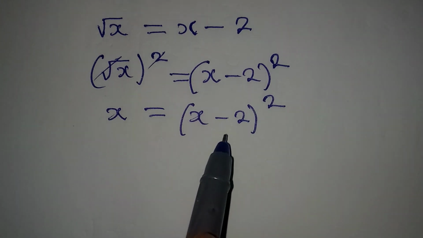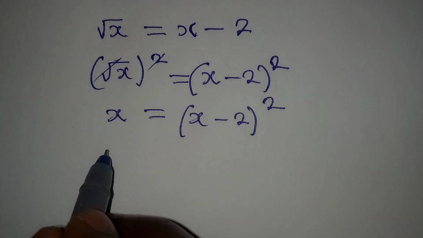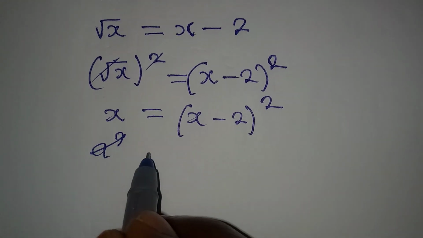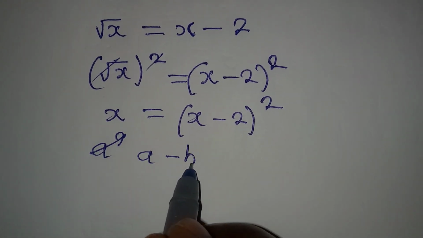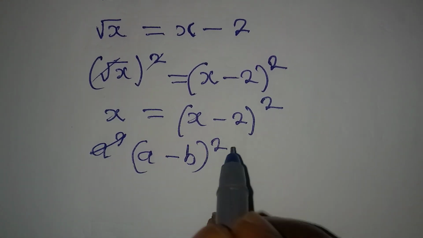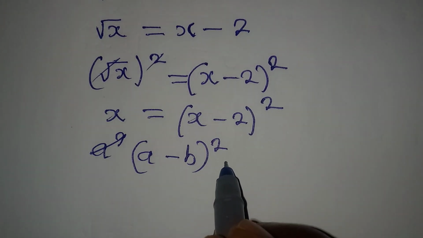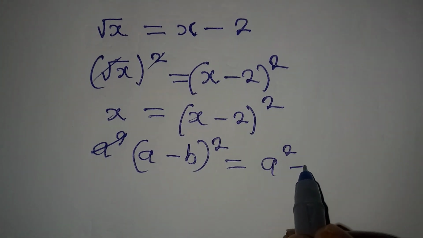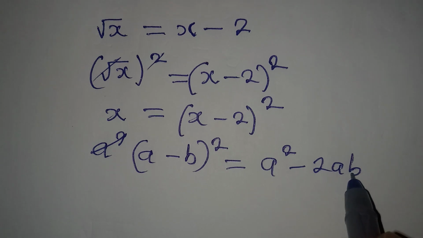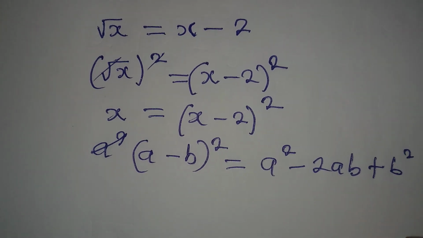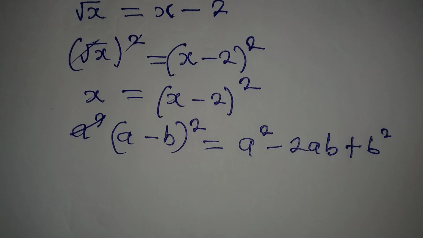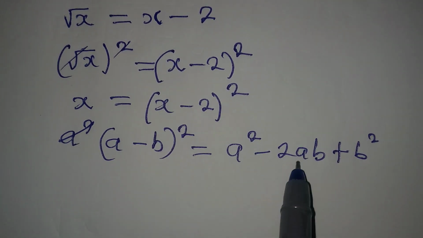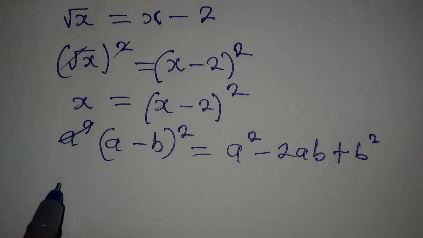Now, if you have this to the power of 2, do you remember this? We have a minus b to the power of 2. Now, what does this mean? This means you're having a squared minus 2ab plus b squared, right? Okay, so if this is what you would have, then in place of this, we can employ this, right? So that we have